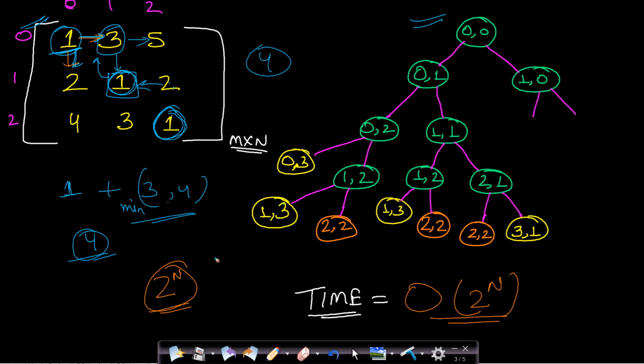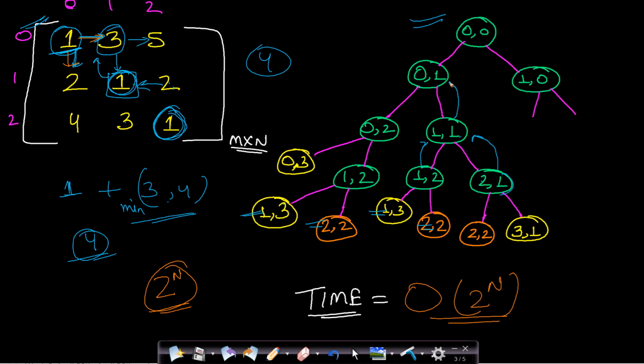So what can we try after recursion? You can see that in this tree diagram, if we solve these smaller problems, then the bigger problems also get solved. That is, if 1, 1 is calling this 1, 2 and 2, 1, then when the values are returned by this 1, 2 and 2, 1, this 1, 1 gets solved. That is, it finds out the minimum path length from 1, 1 to the last cell 2, 2 when these two are solved.